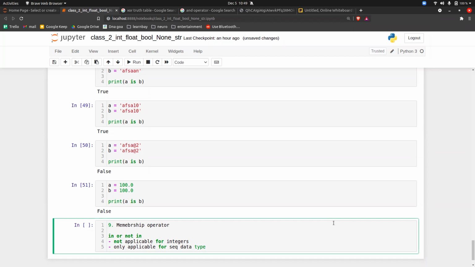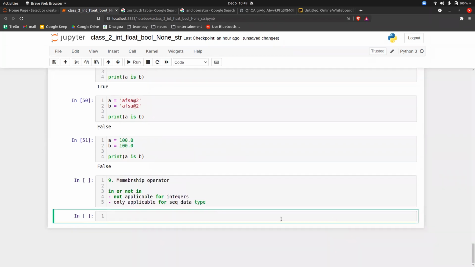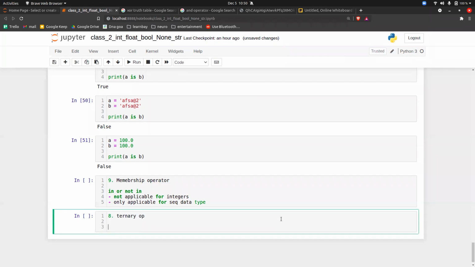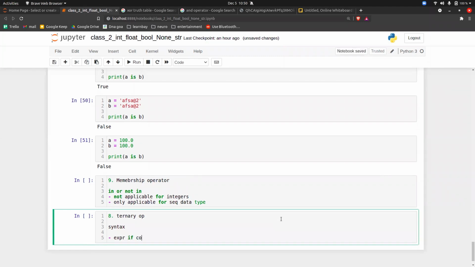The next thing that we go with will be the eighth one, and that is nothing but ternary operators. The syntax for the ternary operator is: expression 1 if condition else expression 2.